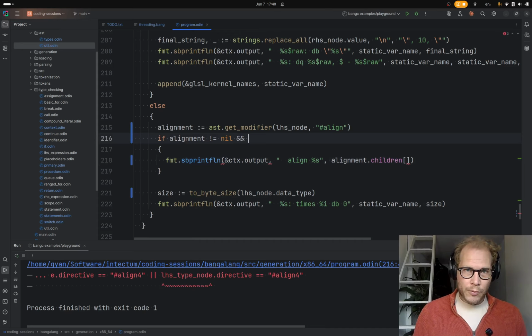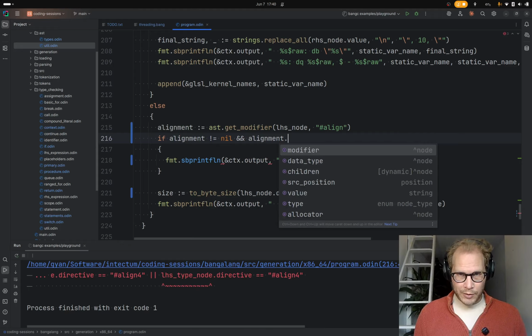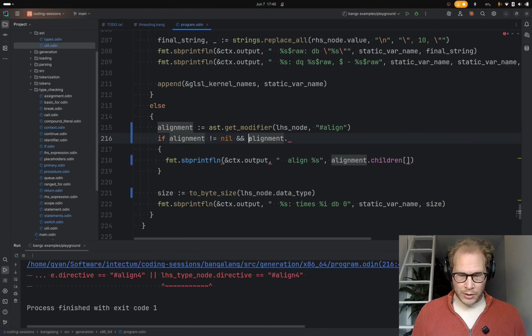I guess we also want to say, and because they could put alignment without equals something, so just to cover that, we'll say and alignment dot children, there is a child, and the value of that child should be a number. And it should be 4, 8, 16, 32.